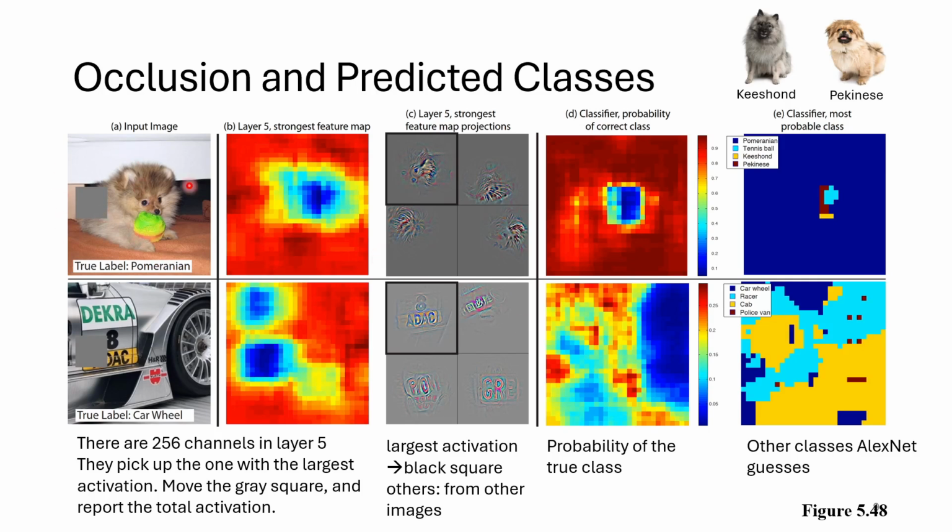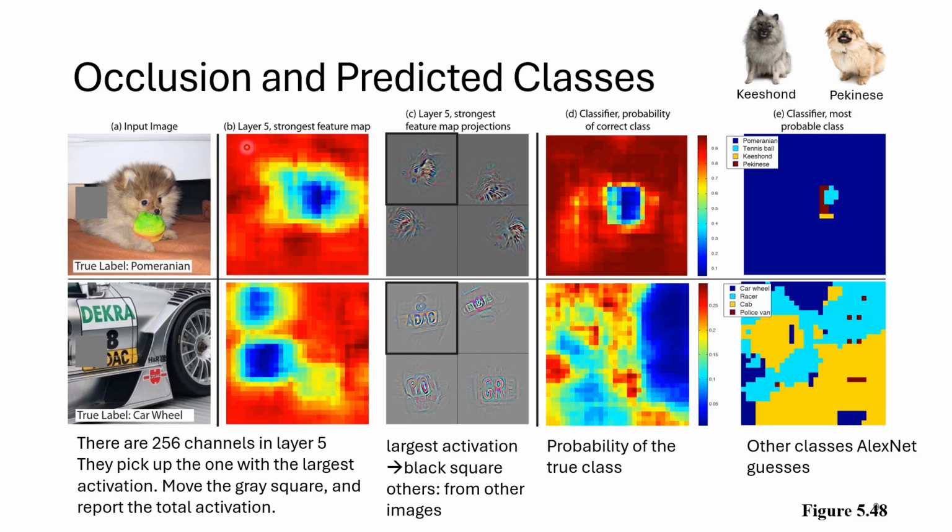Then they move the gray square from the left top corner to the right bottom corner, and record the strongest